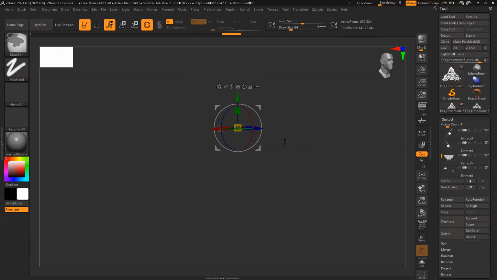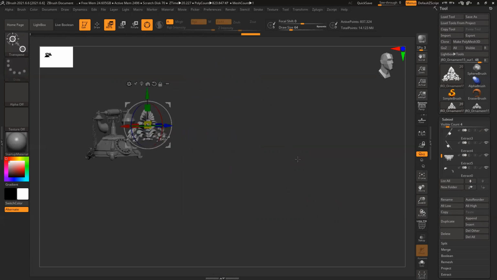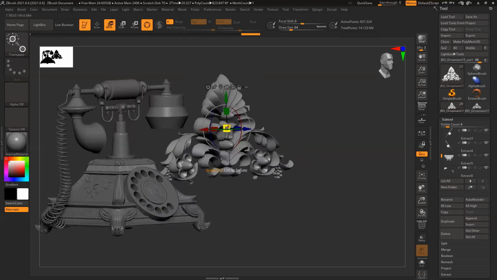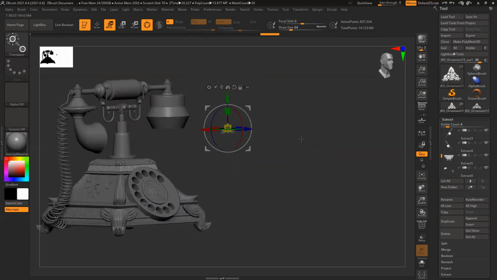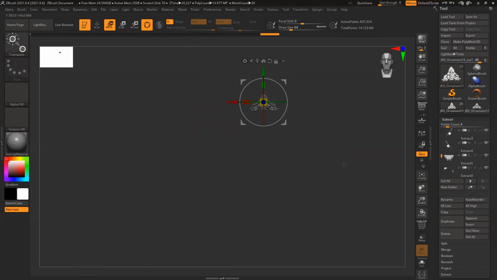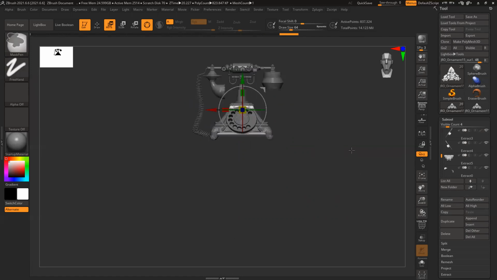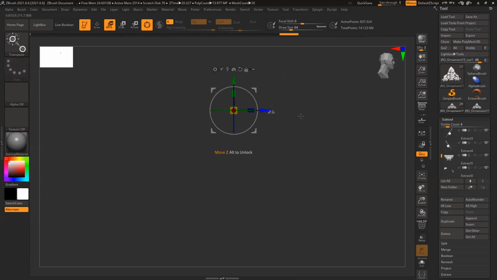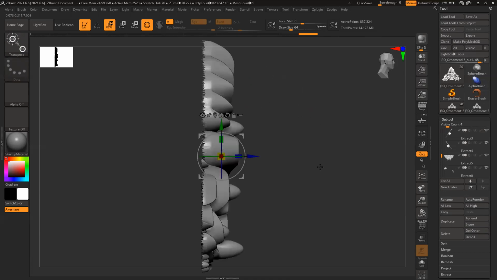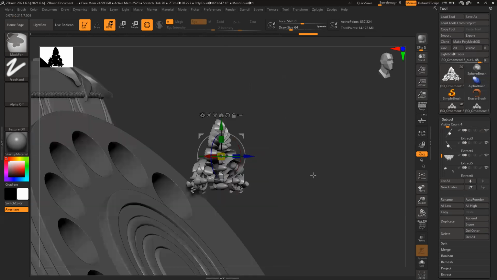That's why I'm not able to see it. Placement is all messed up. Yeah.